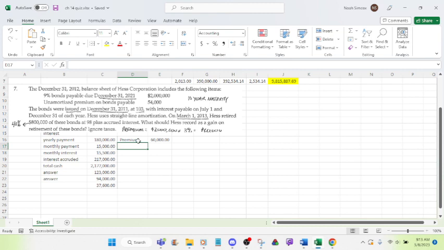Are they using straight line? Yes. So do they want you to calculate the monthly amortization? Yes. So I think that might be the next step. Monthly amortization is going to be,